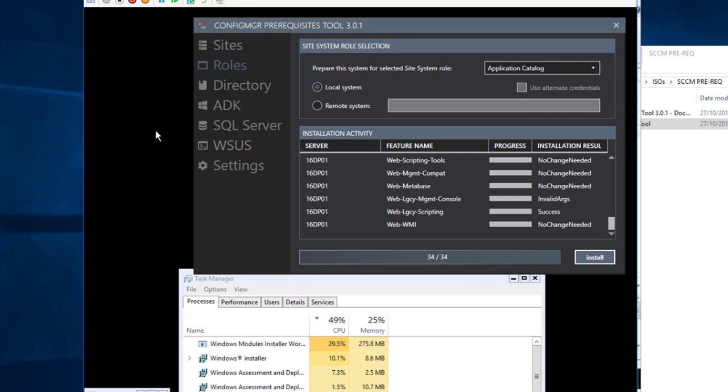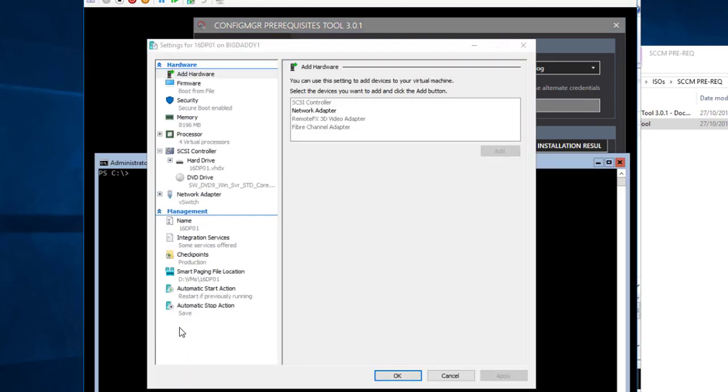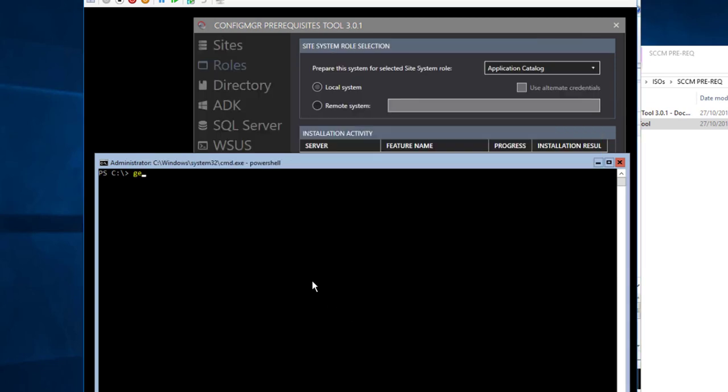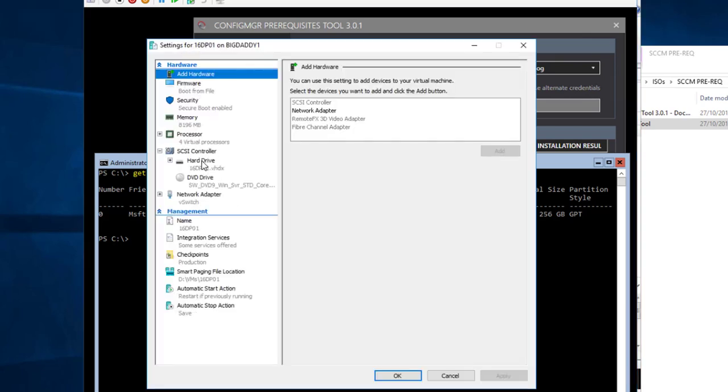Now, obviously with a normal server, creating disks and so on is quite easy through the GUI. So because this is a distribution point, we need somewhere to be able to store packages and shares. So what we're going to do is, well, actually, before we do this, inside PowerShell, if I show you Get-Disk, that should show us how many disks we have. So if we go to settings and we create 2 further disks,